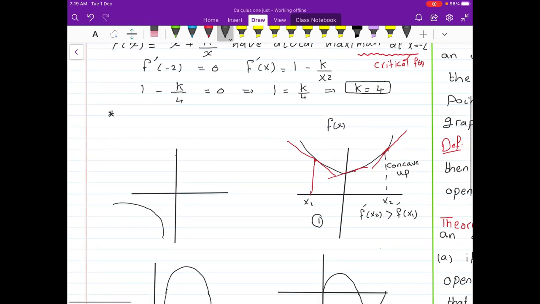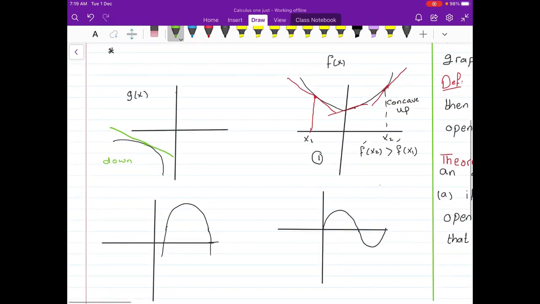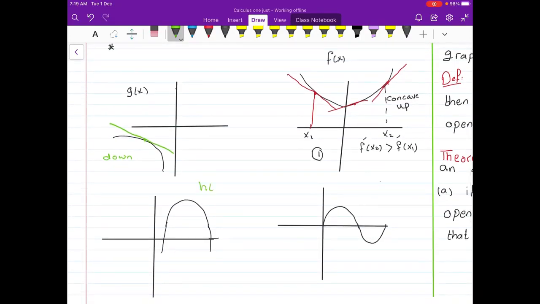If we define this function g of x from the graph, obviously this function is concave down. Note here that the tangent is above the curve. If you draw a tangent when it is concave down, the tangent is above the curve, this is a tangent. So this function we say is concave down. And this function is also concave down, all the tangents are above the curve. But if you draw a tangent at this point,